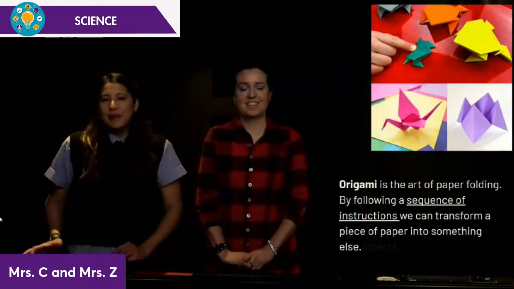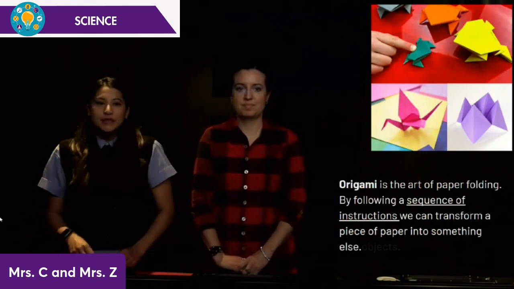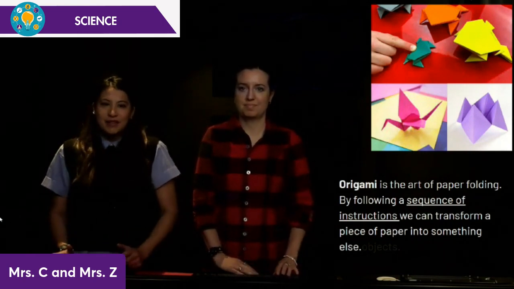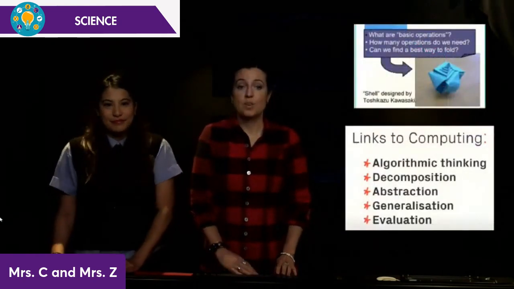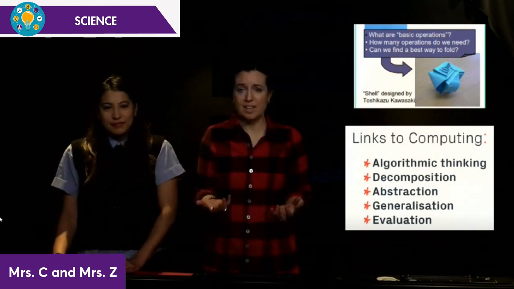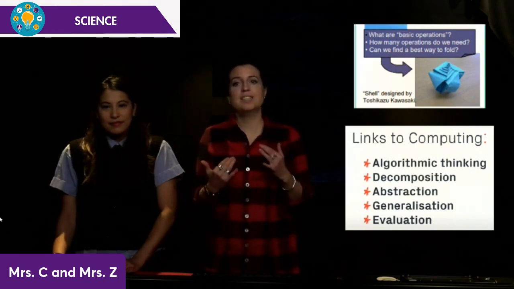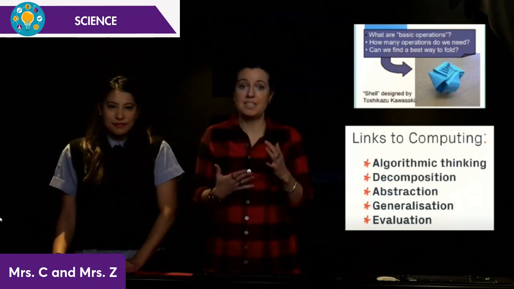Origami is the art of paper folding. We're going to follow a sequence of instructions where we can transform paper into something else. So how is this computer science and linked to coding? Well, it's algorithmic thinking. Remember, I said an algorithm is following a set of instructions in a very specific order